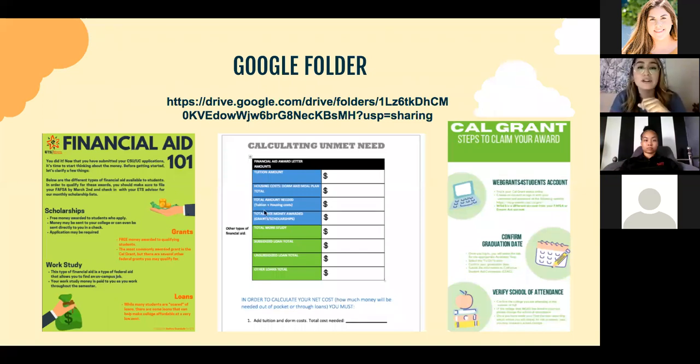And then we have here the budget sheet. This is a more customizable budget sheet for you than the spreadsheet that we have with ETS, so that you can write here, okay, this is how much my tuition is, this is how much my dorming or housing cost is, and you can add that all together. And then include your gift aid and even loan amounts, so that you're able to see, okay, this is how much it's going to cost for me to go to this particular school. And then here we have the Cal Grant, so how exactly to claim your award. We did go over it, but if you forget any steps, it's also there for you. Okay, so access that whenever possible.